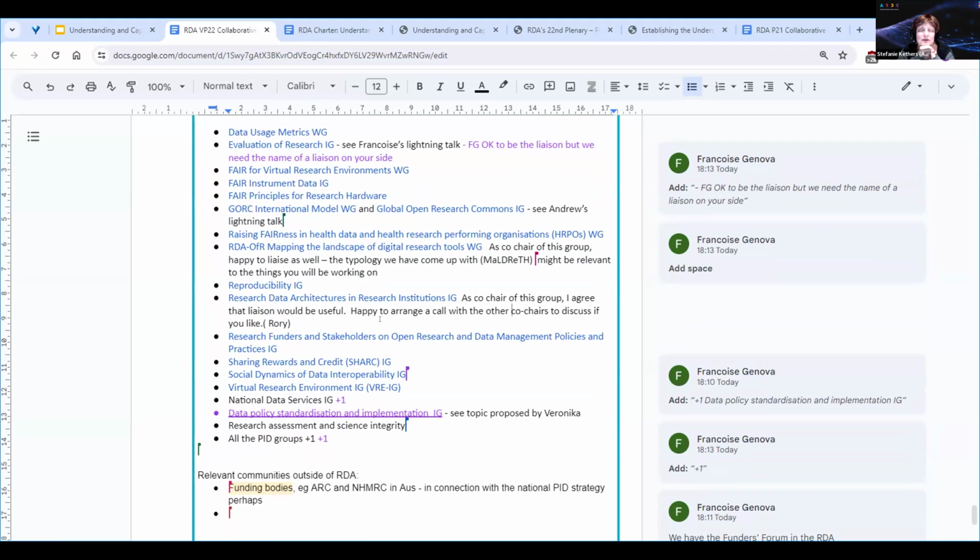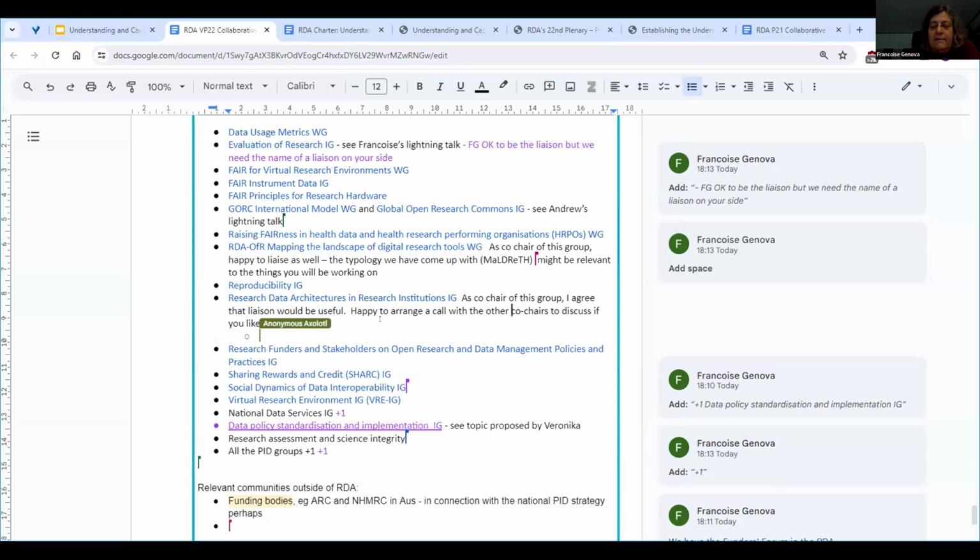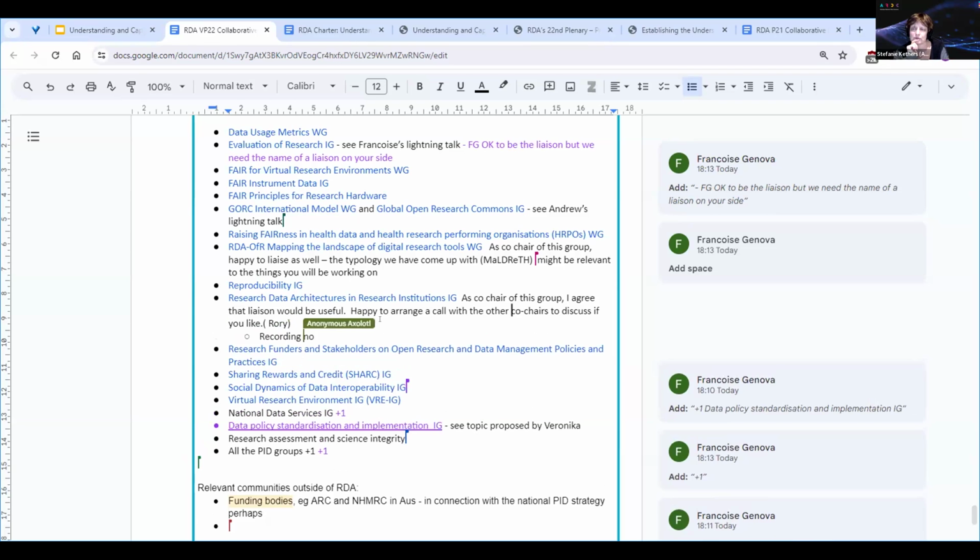Okay, that's great. Any other community? Yeah, sorry, Francois. I have a comment. It's good that you think about the groups you have to establish a liaison with, but it's good that on your side, you know who will be the contact person for each of the groups. So I have put that in the notes. But it's important because we need to know who to talk to, and you need to know who to talk to also. Yeah, I think we need to have bidirectional. It would be great if, for example, you were a member of our group. I'm already a member of your group, so I could be the person, for example. But yeah, I think that sort of thing we'd have to do.